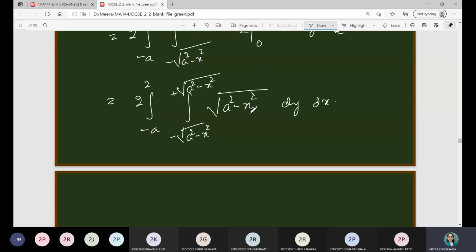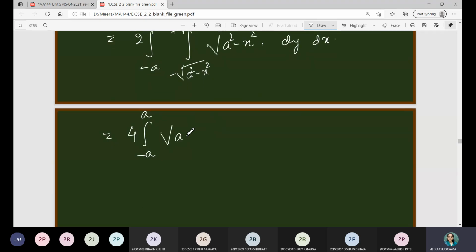Now since there is no y variable over here, a square minus x square can be considered as outside of the integration. Integration will be y, and this one will be even function, so again I can take it that use of that formula, right? So it will be 2 times 0 to a integration. Integration is y, so in this square root, and already we have one square root, and integration limits will be 0 to positive square root, which will always